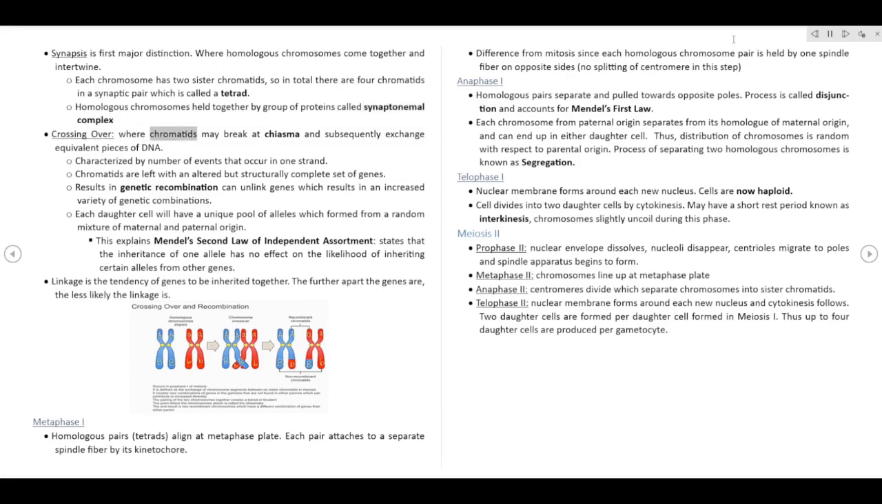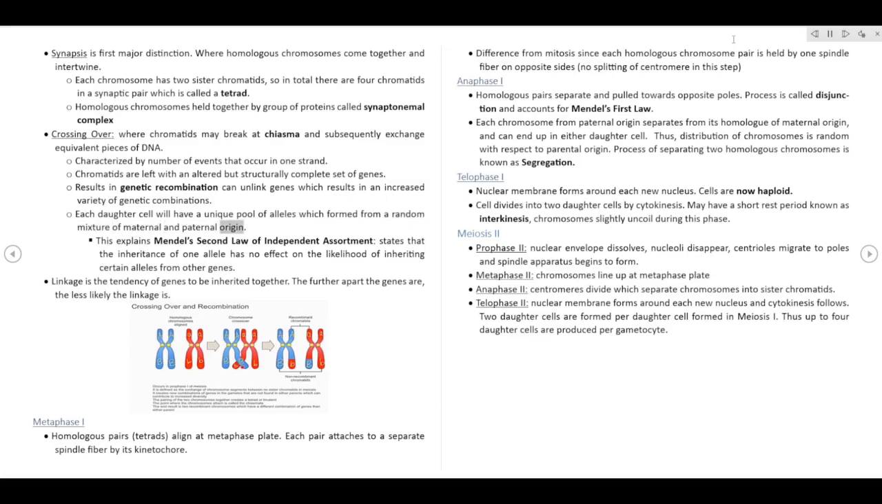Crossing over is where chromatids may break at the chiasma and subsequently exchange equivalent pieces of DNA. It is characterized by a number of events that occur in one strand. Chromatids are left with an altered but structurally complete set of genes. This results in genetic recombination, which can unlink genes and results in an increased variety of genetic combinations. Each daughter cell will have a unique pool of alleles formed from a random mixture of maternal and paternal